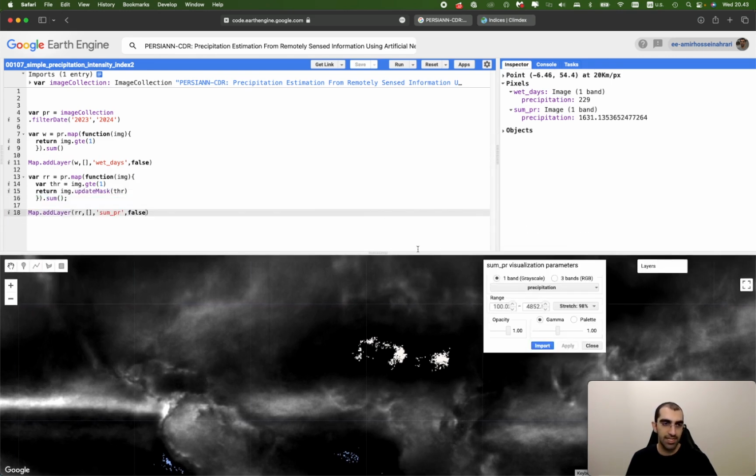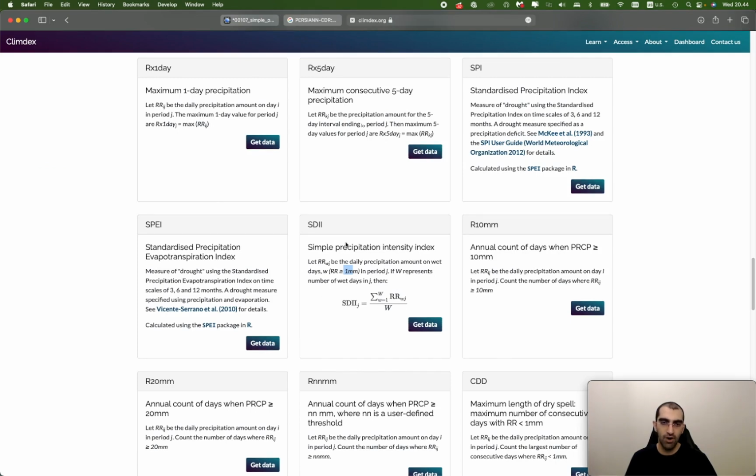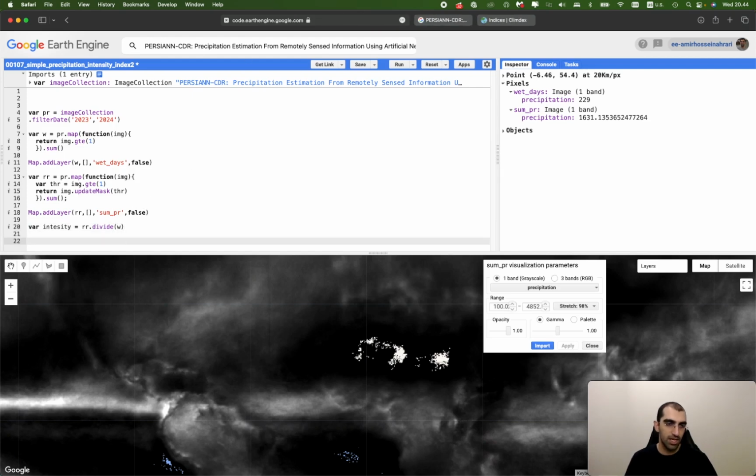So now you can calculate the intensity using two variables. We have number of wet days and we have total precipitation value. So the intensity will be equal to the total precipitation divided by the number of wet days, same as what we have in the SDII, Simple Precipitation Intensity Index. So now you can name it intensity, PR intensity here, and use Map.addLayer to visualize the intensity